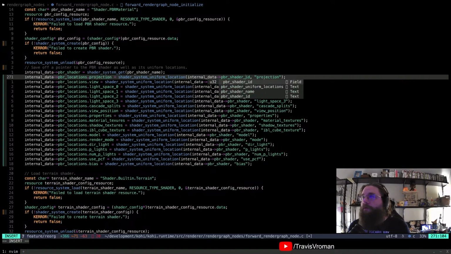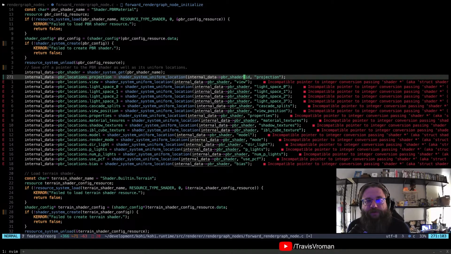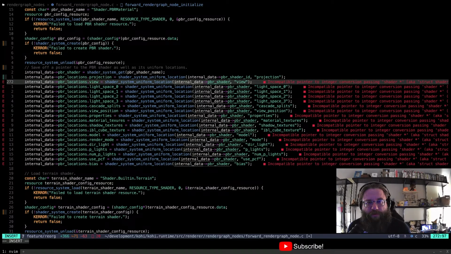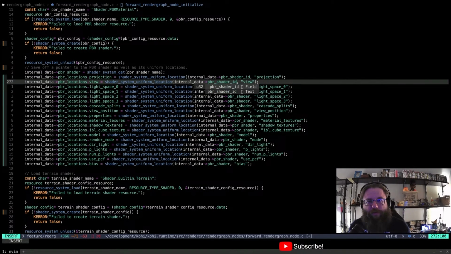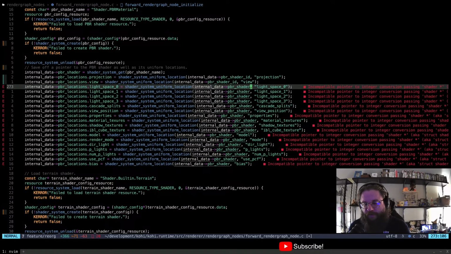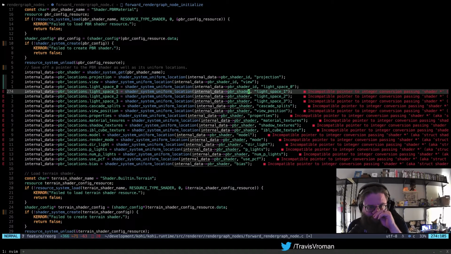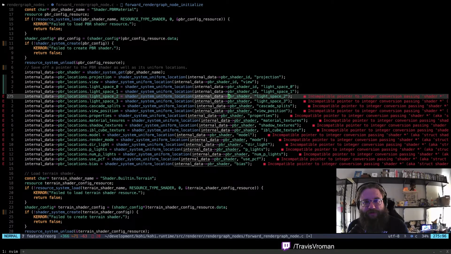So now we can just do PBR shader ID, right? So now we can just basically, oops, if I can paste in the right location, probably be faster to just do it that way, right?